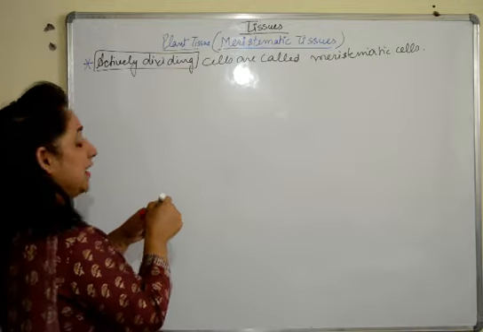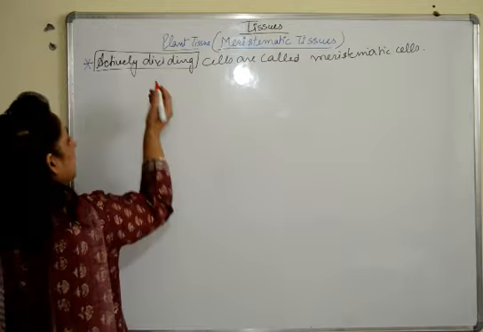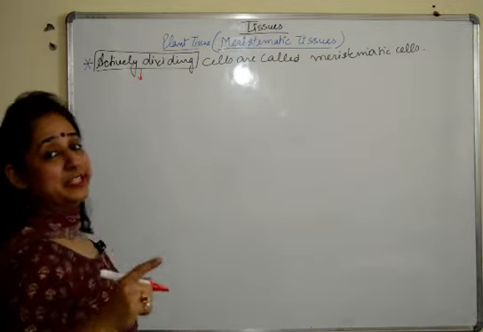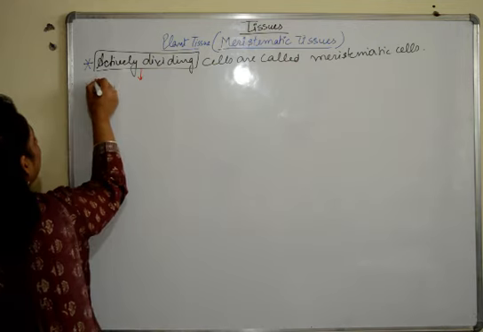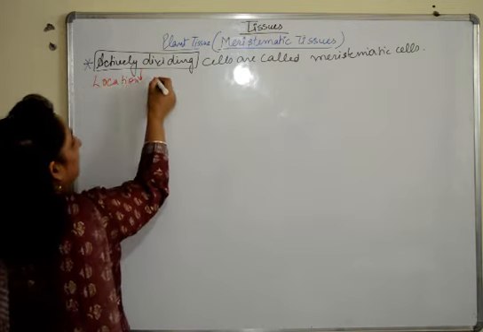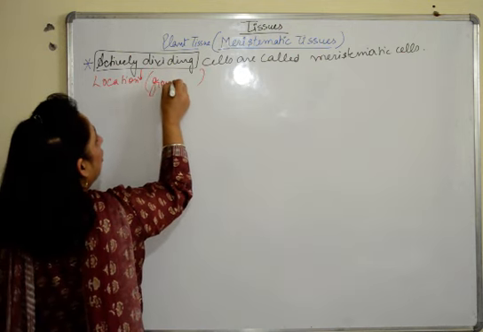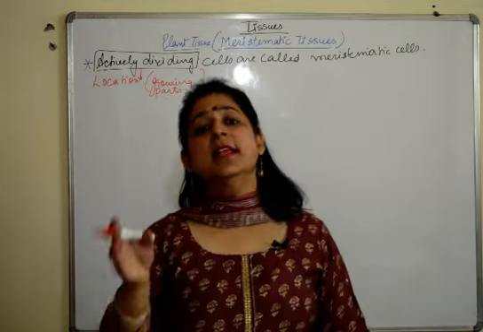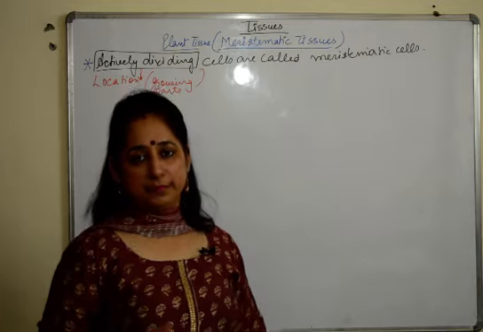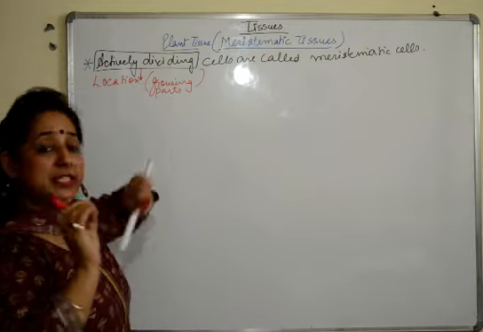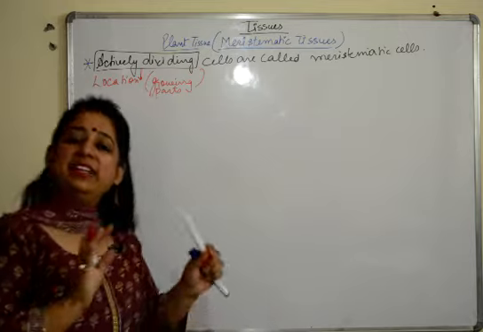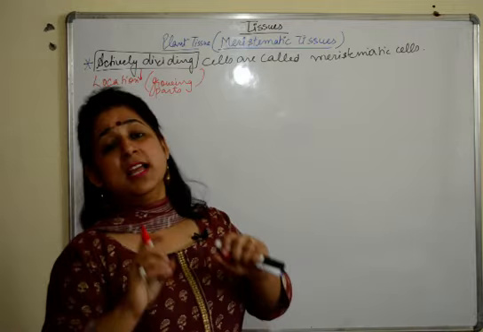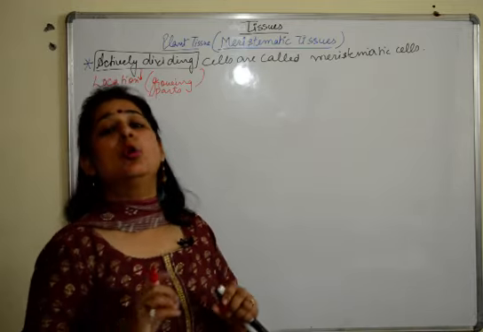Now if they are continuously dividing, what kind of place would it be where they are present? Because if you remember the flow chart, I told you that this is the division on the basis of location. So what would be its location? It will be present in the growing parts of the plant. Wherever growth is taking place, meristematic tissues will be present there. Very important. So what are meristematic tissues? The tissues which have cells present in them which are actively dividing always. And they are basically present in the places of the plant wherein growth is taking place.